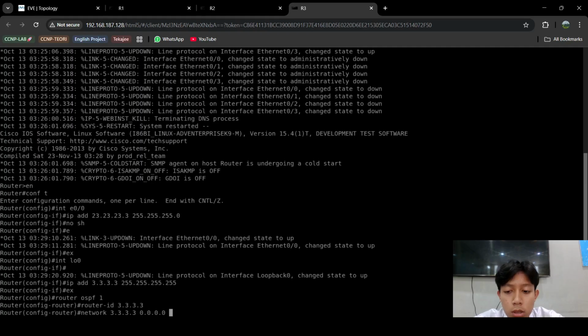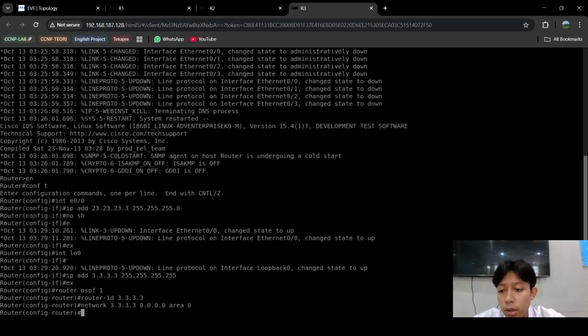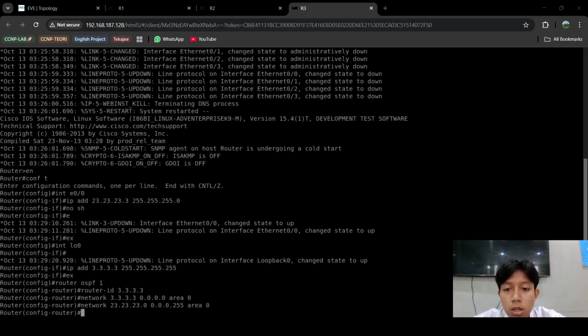The loopback IP uses the slash 32 prefix, or the 255.255.255.255 subnet mask, so the wildcard mask is 0.0.0.0, and the area is area backbone. And you can add network 23.23.30.0, 0.0.0.255 the wildcard mask, and the area 0.